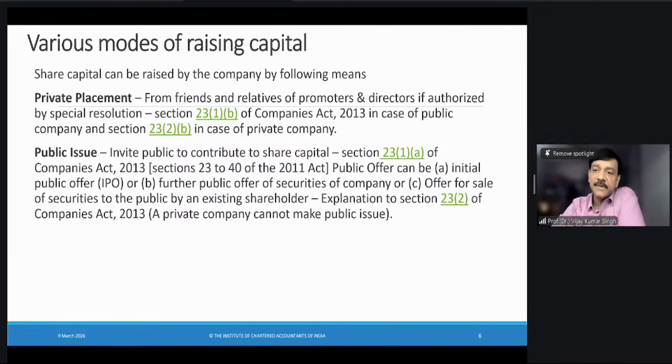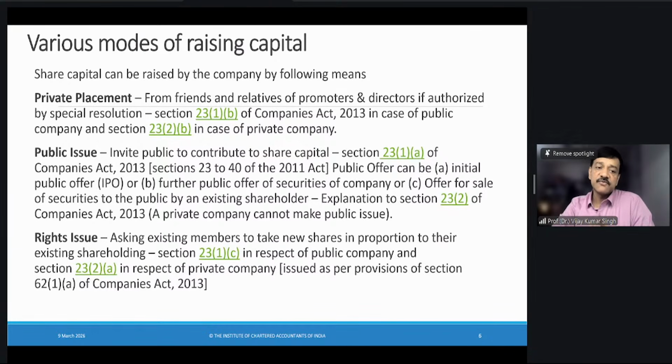So the third one, many a time you will note that public sector undertakings, the shares owned by the government, they want to offload because they want to raise capital from the public. So they will be opening up those issues to the public, right? So they are reducing their own shareholding and giving it to the public. That also happens in the case of public sector undertakings. So that is offer for sale, basically.